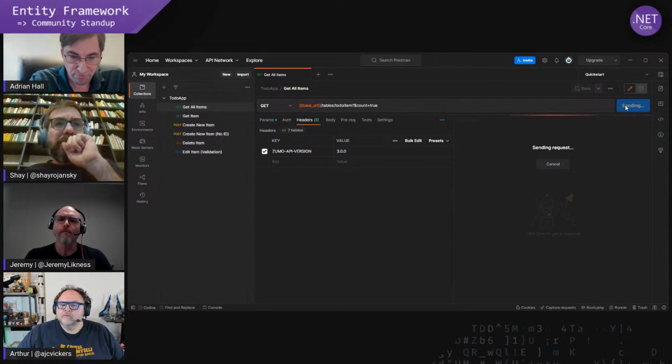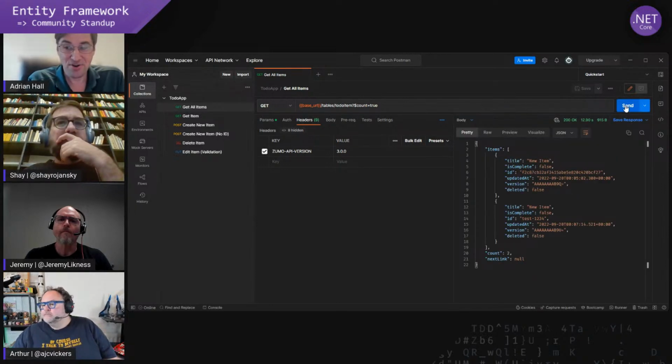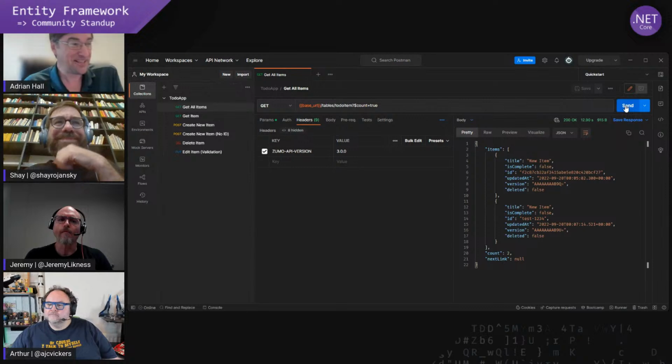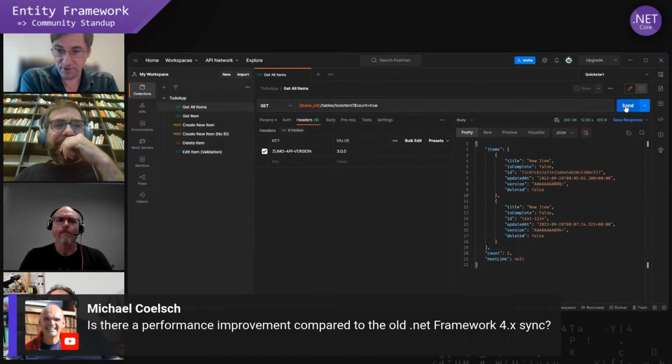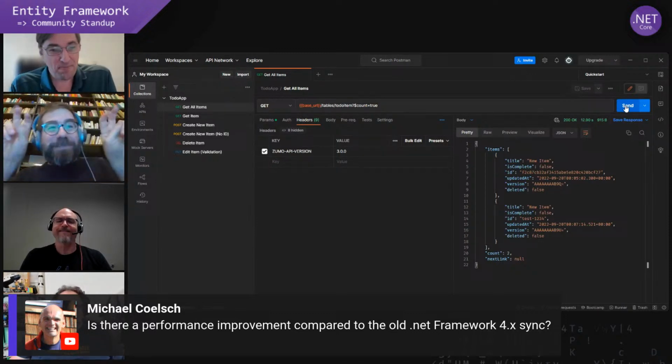Now, someone previously asked, is this compatible with the old .NET Framework 4.x synchronization? No, not exactly. We do have backwards compatibility on the server side, but the client side is brand new. But is it faster? As always with perf, it depends.